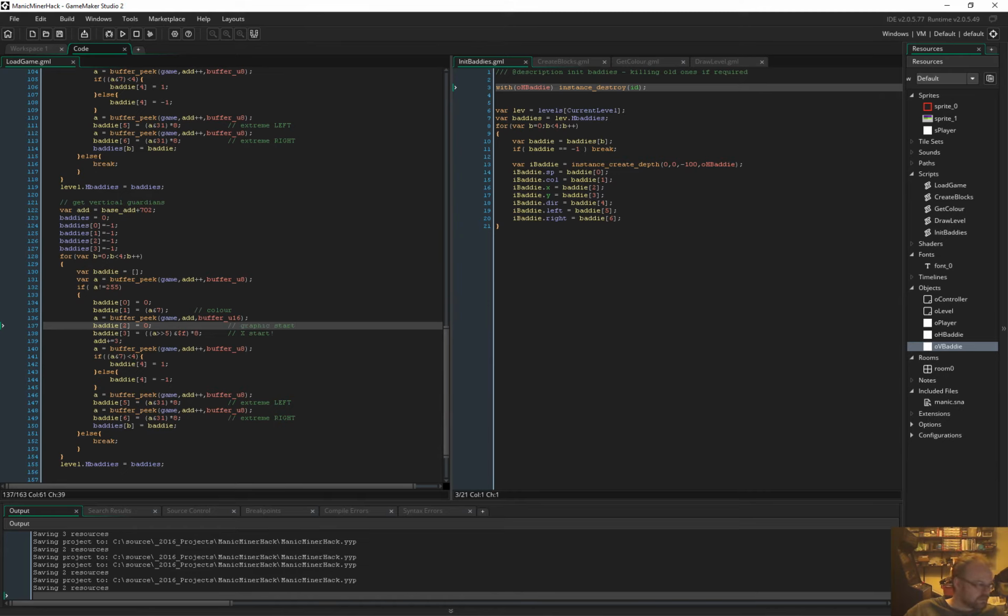And the third byte is the vertical snap position. So that just looks to be a straight value this time because it's high res presumably. Fourth byte is the horizontal position